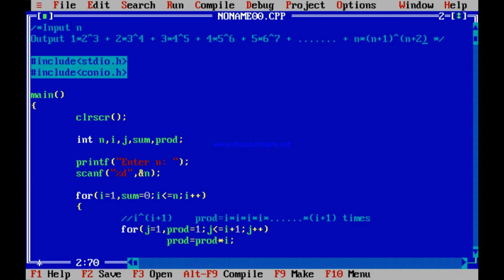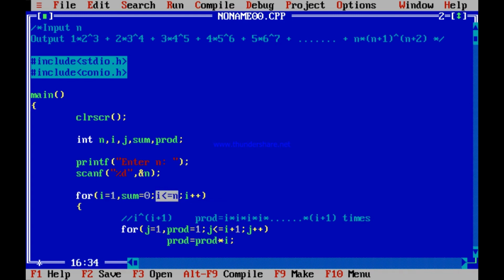So you remember here also, this is I is 1, then I is 2, then I is 3, then I is 4, then I is 5, and so on, I is n. So this I is iterating from what to what? From 1 to n. I is iterating from I equal to 1 to I less than or equal to n.